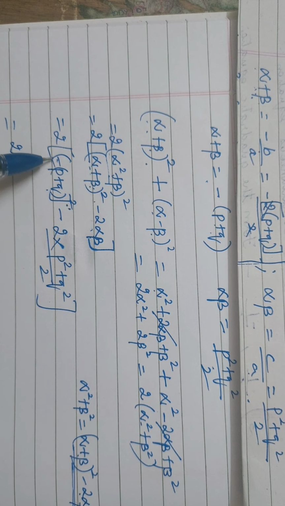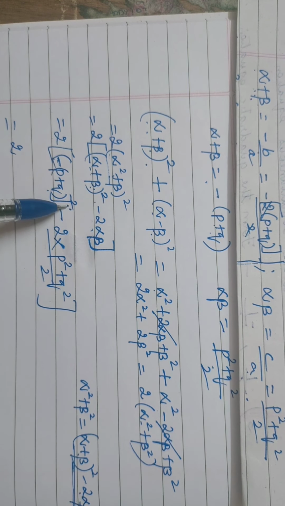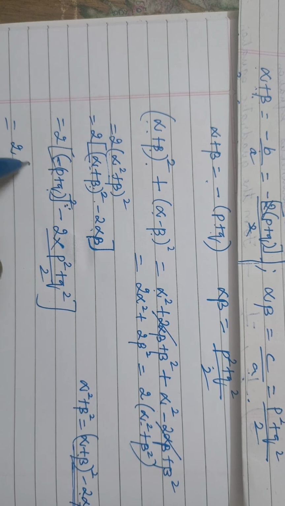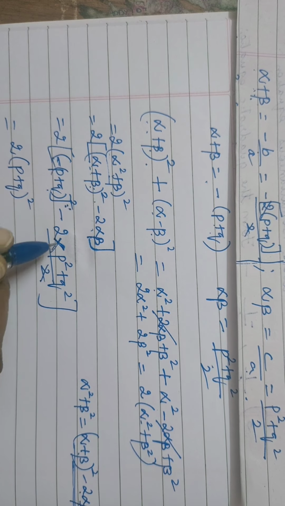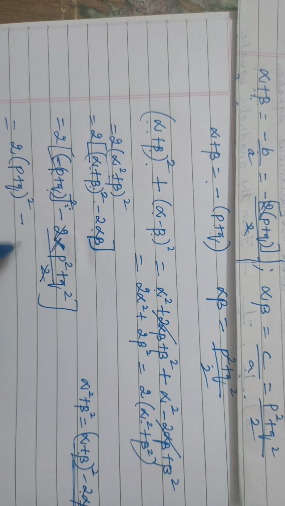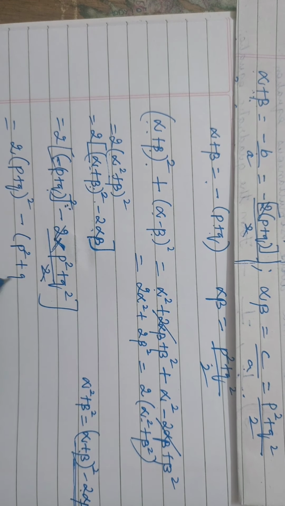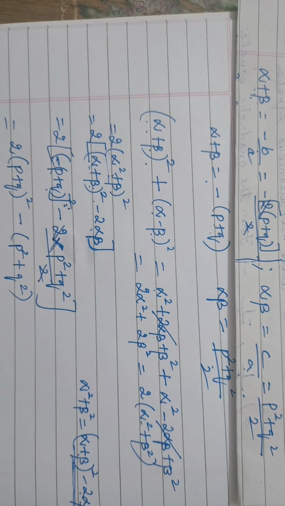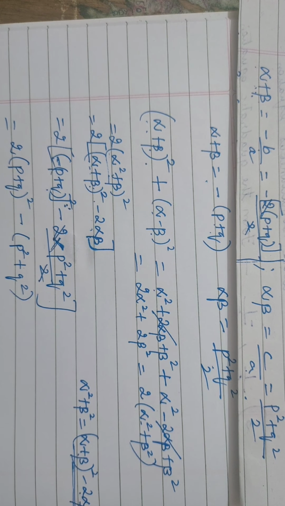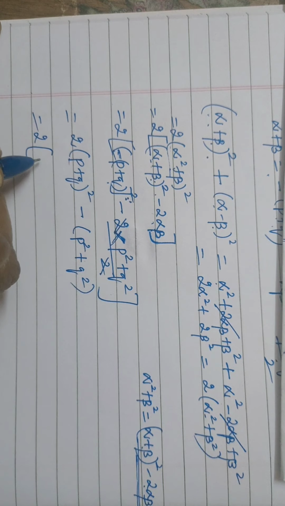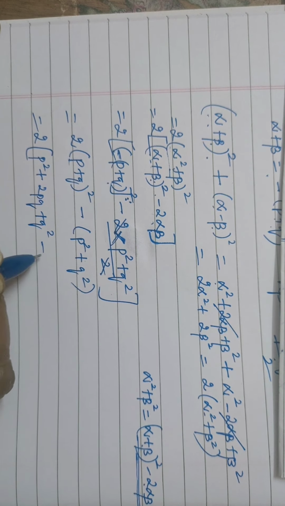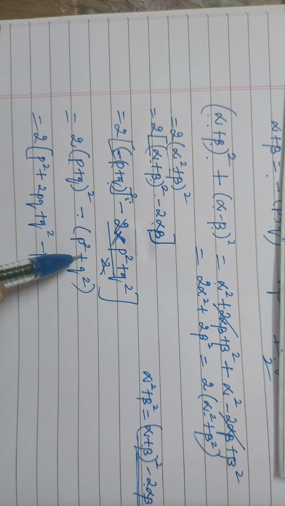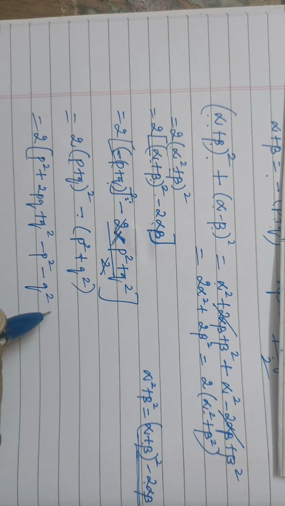Now what is this here? This minus sign is within the square, so minus minus becomes plus. So we got (p plus q) the whole square, and this is in multiplied form, so the 2 gets cancelled: minus (p square plus q square). It is in this form, right? 2 into, what is this? The formula for a plus b the whole square: p square plus 2pq plus q square, minus p square, minus q square, right?